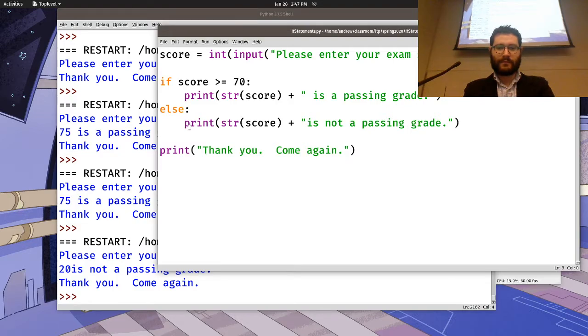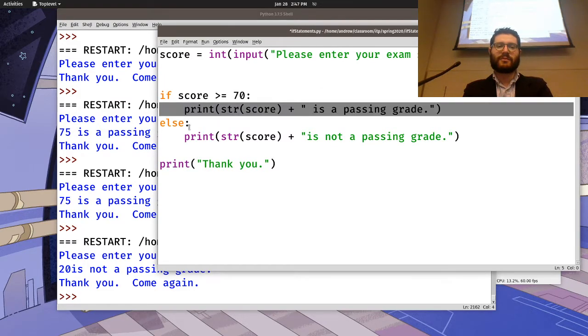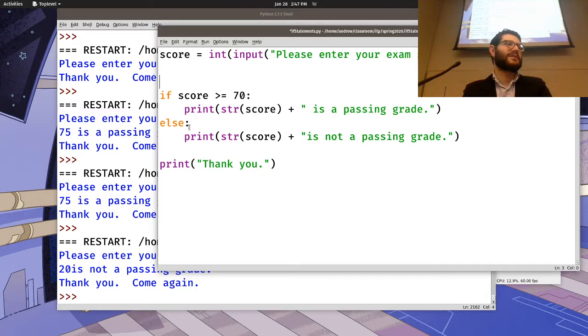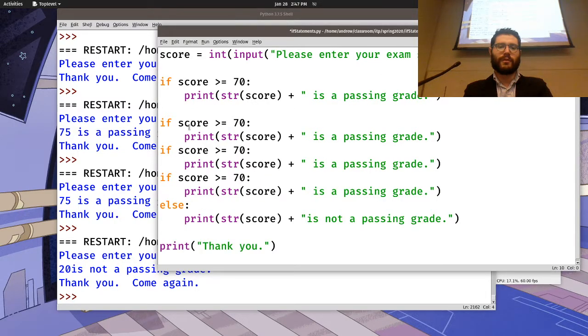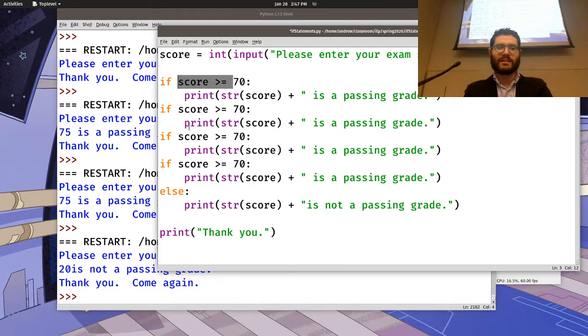Thank you. So let's go ahead. And we can actually have multiple ifs, kind of next to each other. So let's go ahead and just use some copy paste magic to do stuff. So I'm going to copy just the if statement over here. Boom, boom, boom, boom. Right? Because let's go ahead and do this. So score is greater than. So if score is equal to 100,